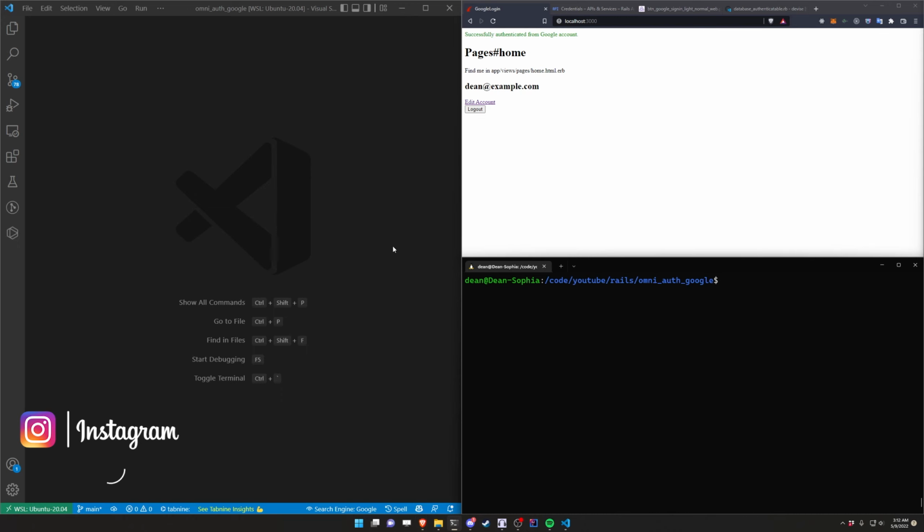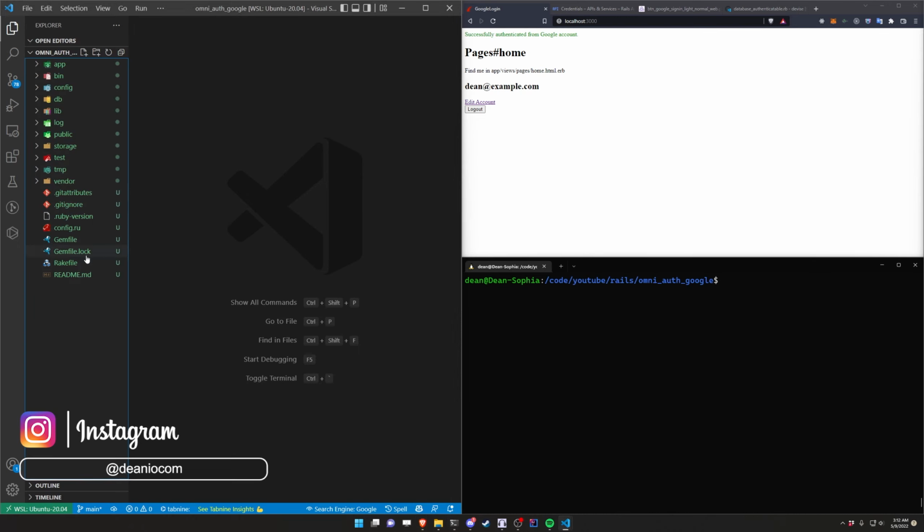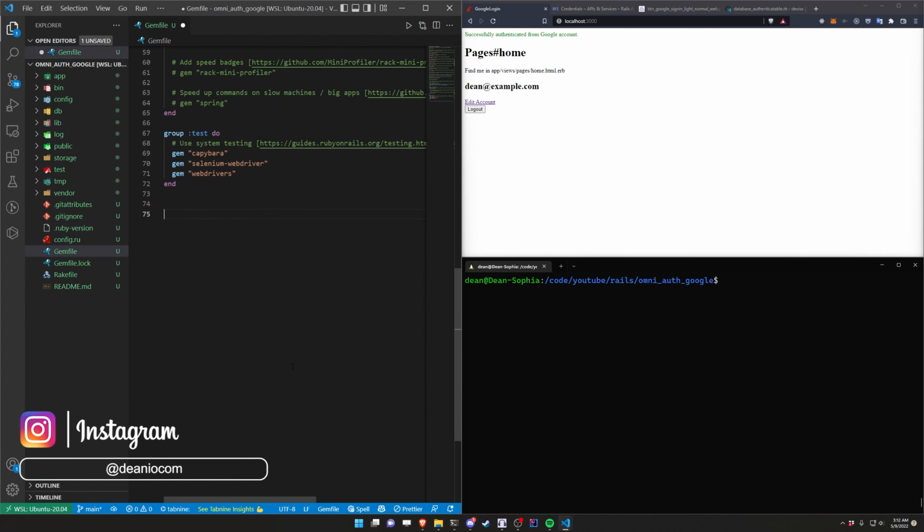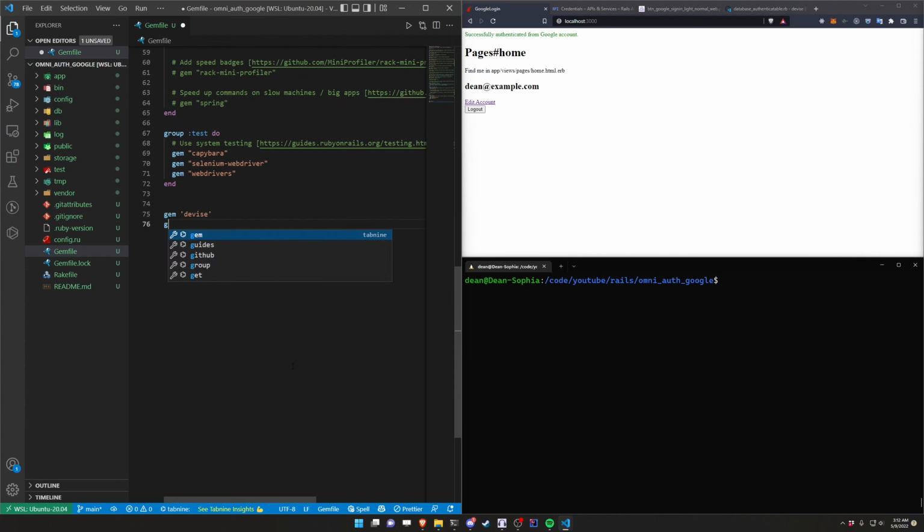So we're going to start by adding some gems to our gem file. So we're going to come over here to the gem file. I'm just going to scroll down to the bottom and I'm going to say this needs the gem for Devise. It needs a gem for Omniauth, and it needs a gem for Omniauth-Google-OAuth 2. And it's also going to need a gem that I'm trying to grab right now called